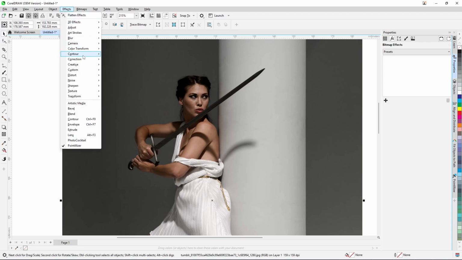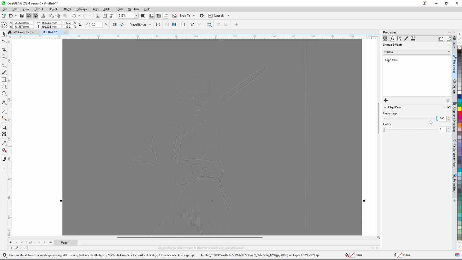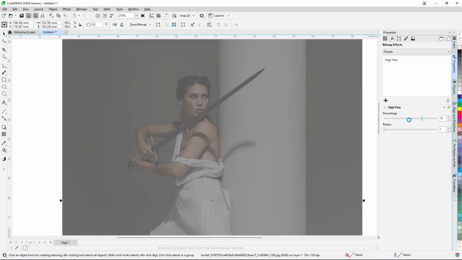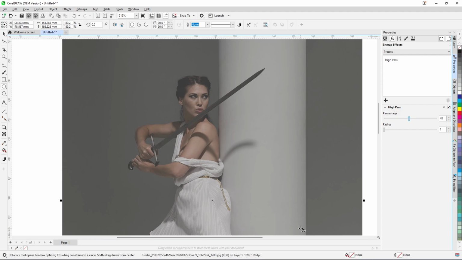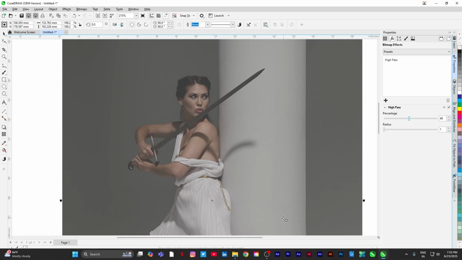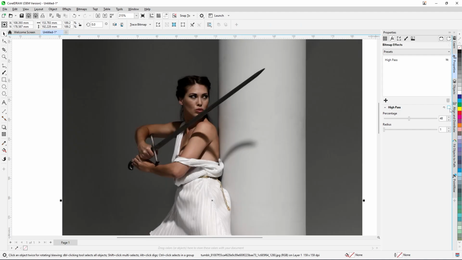And from effects again, sharpen, and this high pass is sharpen. Now see, this is high pass sharpen. Okay, uncheck this one,